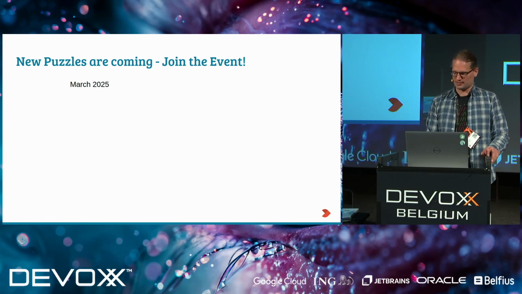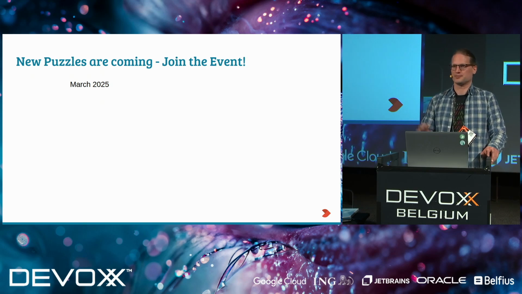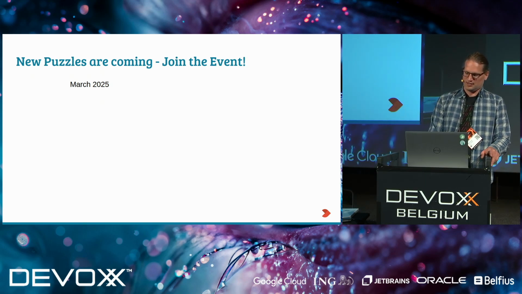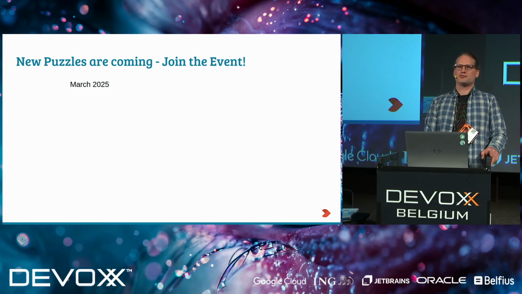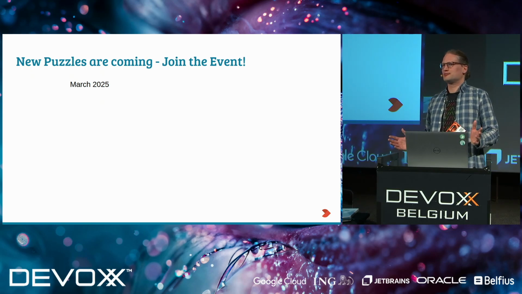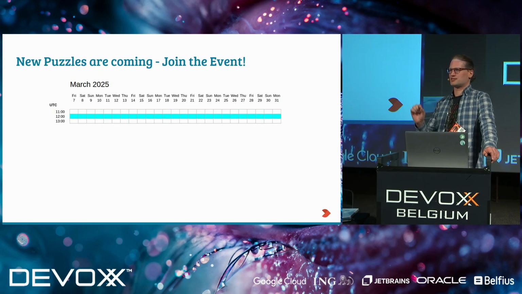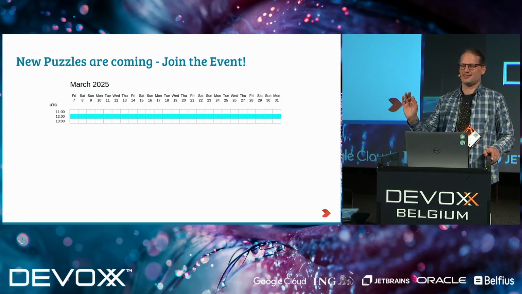I'm going to do this in March. And why March? Well, I can't do it in December because then everybody's doing that in the code, right? And I thought, what is a good month that has something to do with internationalization? I think March is the best month because if I publish the puzzle every day at 12 UTC, then it